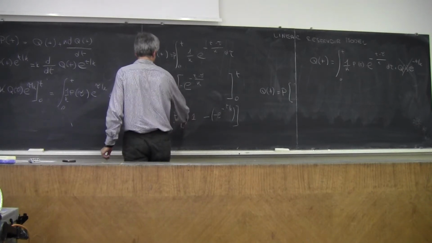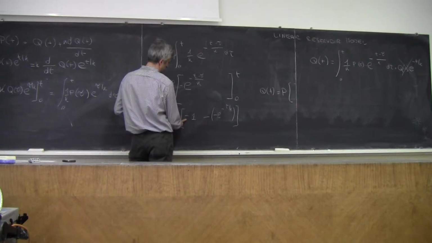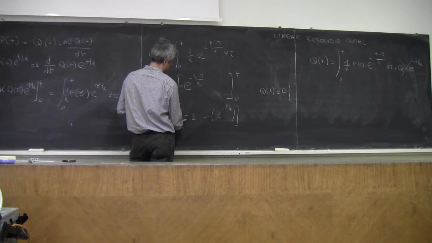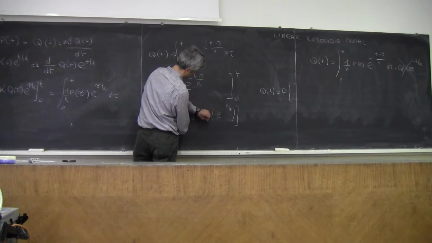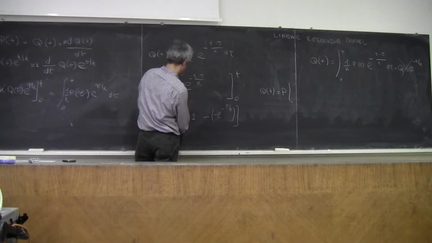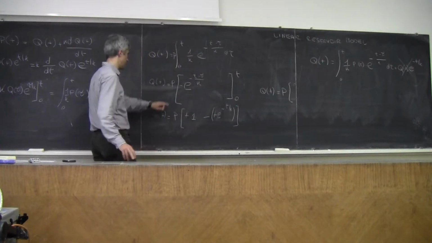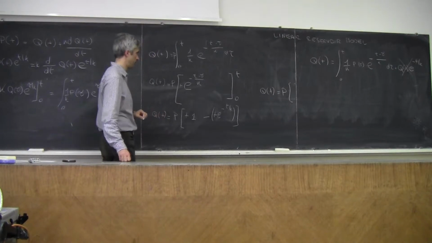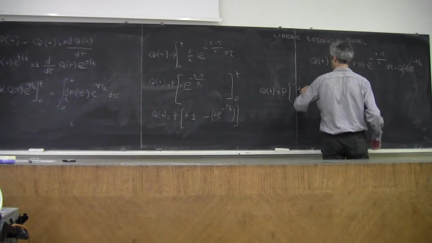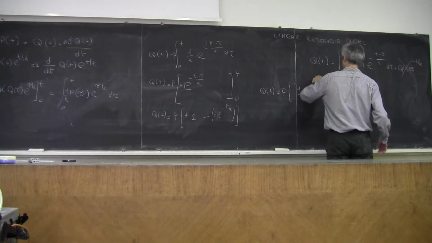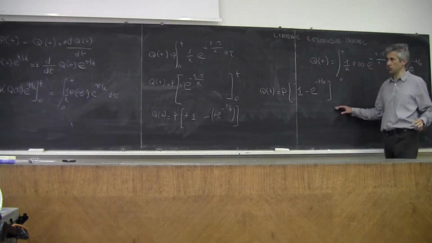Everything is fine here, but the sign is not correct. So basically, if the sign is not correct, it means that this should be like this. So 1 should be like this, and therefore the sign was not correct here. And so we should get here 1 minus e to the power of minus t over k. Okay, this is the correct representation.